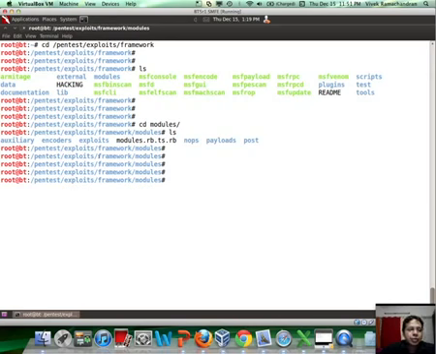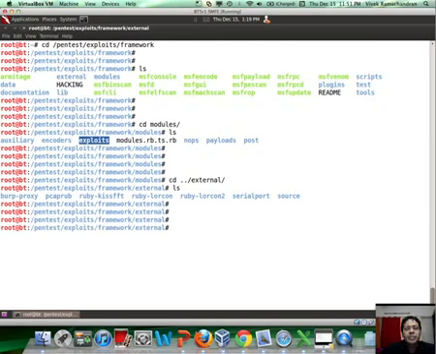Now we used auxiliary modules for port scanning and a couple of exploit modules. We'll come to more details on modules a bit later. Now the other interesting directory is external, and this contains a lot of external libraries and other things used by Metasploit. Then you have data,